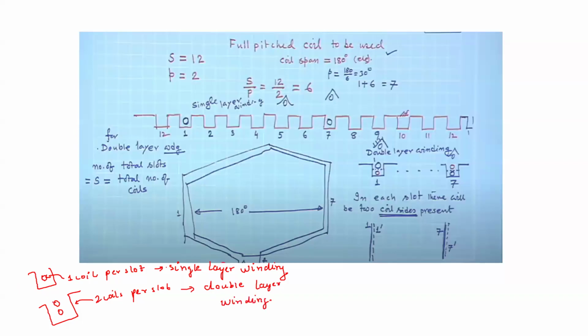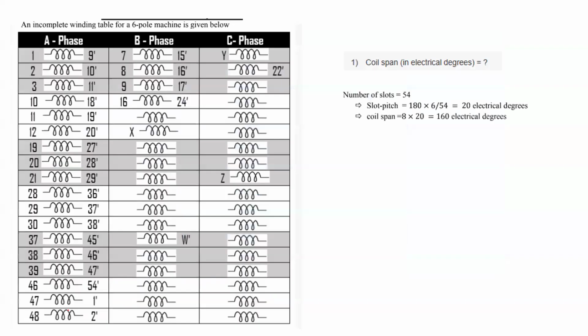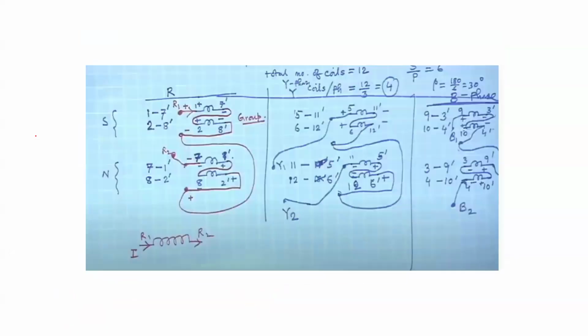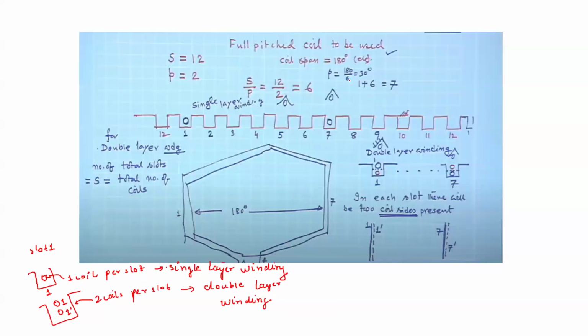Now you see the naming is also done like this. Suppose this is slot number 1. Here it will be referred to as 1, but here this top one will be referred to as 1 and this bottom one will be referred to as 1 dash. This is just the nomenclature. You have to understand this because when we are drawing the table, you will see there are some dashes. This dash means the bottom coil side in the slot, and the top ones mean the top coil side in that particular slot for a double layer winding. So this is very important to understand. I am writing down the various nomenclatures.